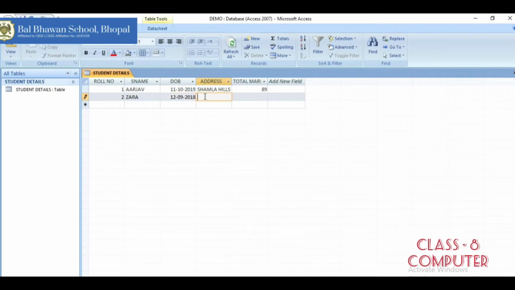After giving the date, I will go to address and give any random address. I'm giving here as Arera Colony, and total marks I'm typing here as 90. Same way I am going to fill rest of the information also.